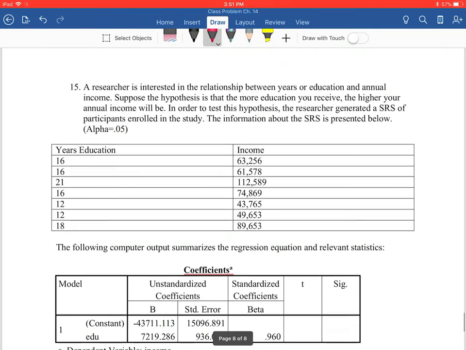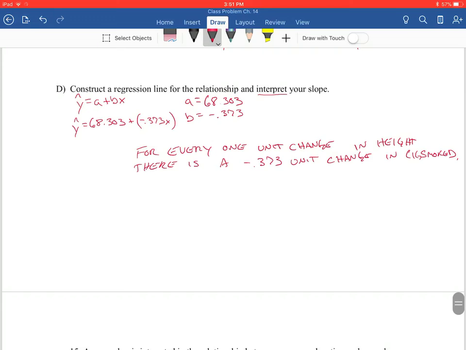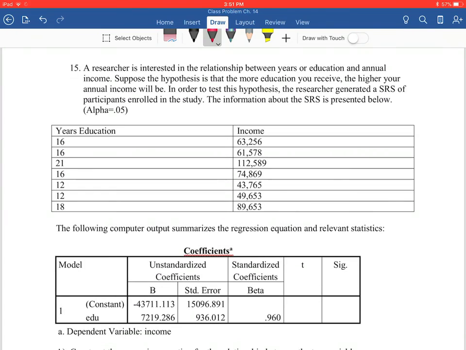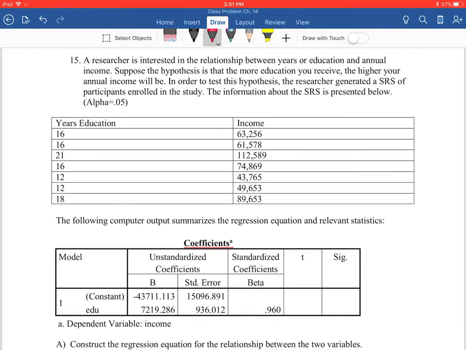But number 15 won't be on the exam. It won't show up because we're not doing that much more in regression. The other part of regression I really want you to know is to understand the formula and what it represents and how to calculate A and B. But if you want to go a little bit further and give yourself a little bit of a challenge, number